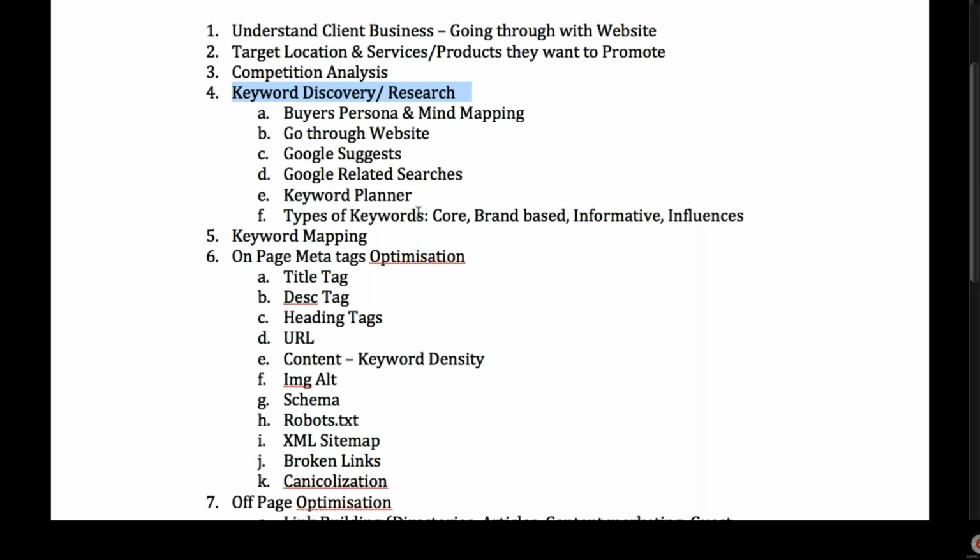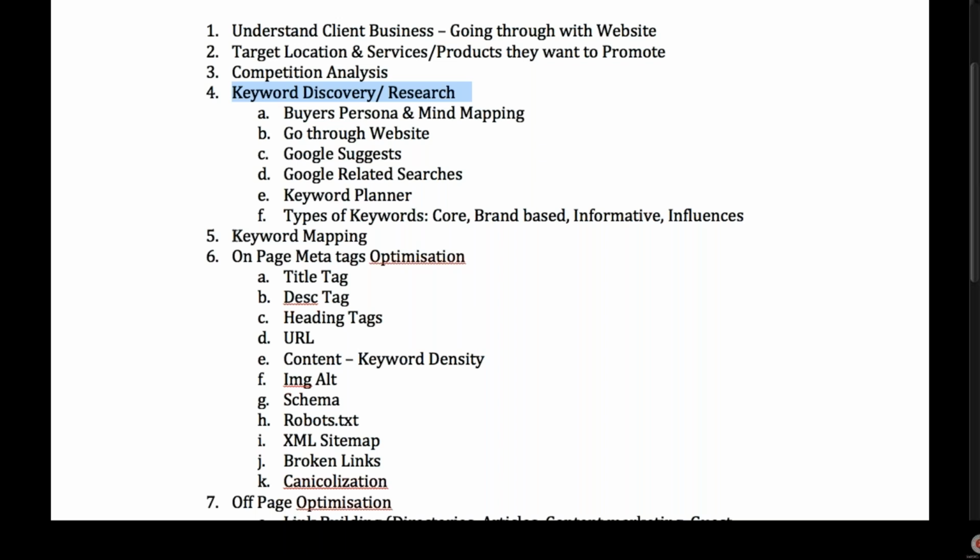How many of you can answer it? Okay, I see a couple of people have answered it. Yes, I'm talking about the long tail keywords, right? So you should not miss out the long tail keywords. Why? Because long tail keywords will give you immediate results. You can rank faster on those keywords, because you have low competition and the conversion is on a higher side, right?